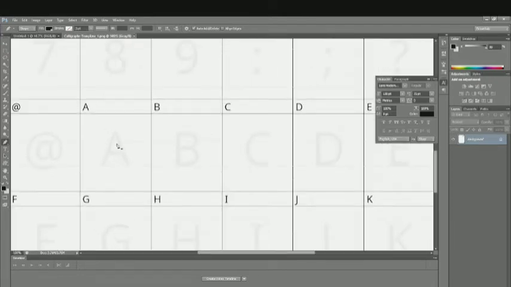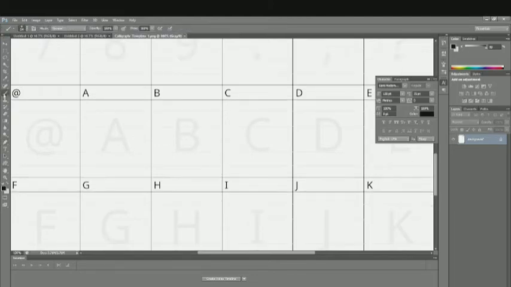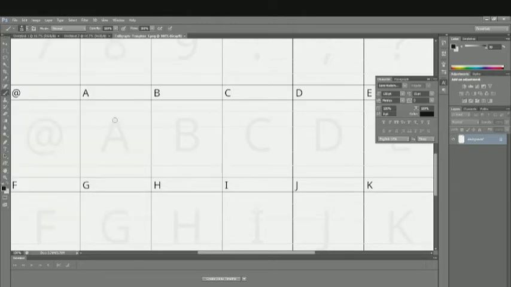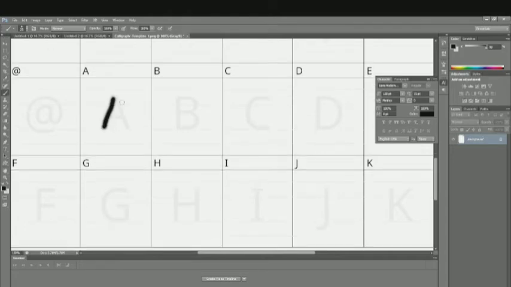Let me scroll down and zoom in a little bit more. Okay, so now I'm going to write the 3 letters over here: A, B, and C. I'm not going to use a brush tool; you can use the pen tool as well. I'm going over to the brush tool, and I'm going to pick up a brush. I think I'm going to pick up this brush, and we're going to reduce the size, since the purpose is just to write the characters. Now you can see we can write our own characters. I'm going to be writing it.